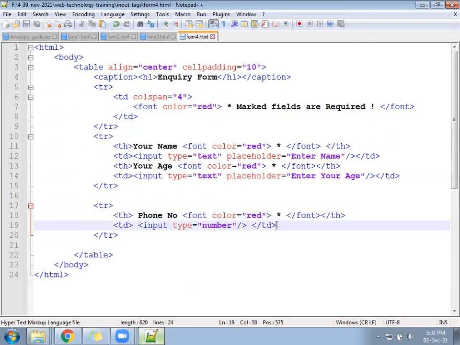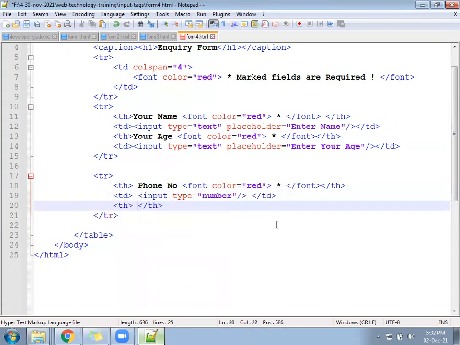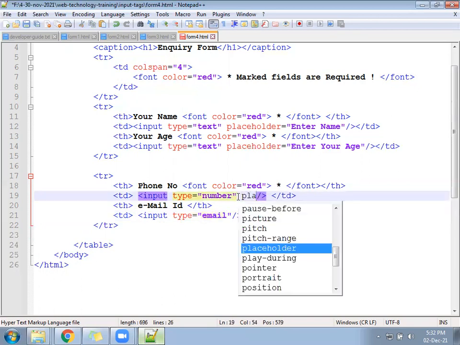Next, one more TD you will write, TH, that is called email ID. Input type equal to email, not required. People can fill also, people can leave also. Placeholder, you can add in both the places.